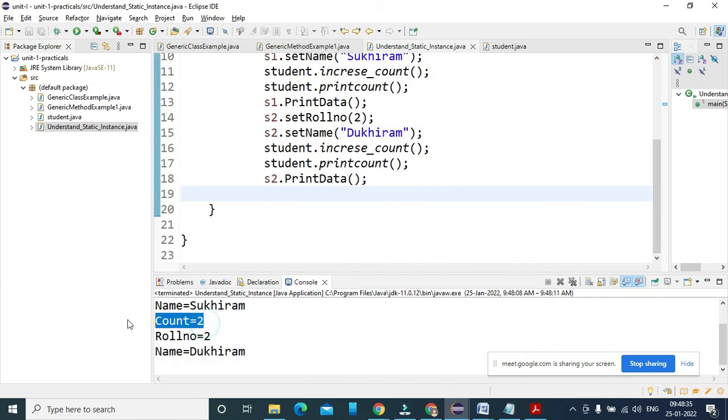So what happened here? Reinitialization is not taking place, because of the previous value which count has, and there are separate instance variables available for roll number in each object.